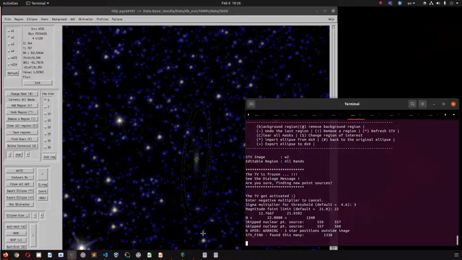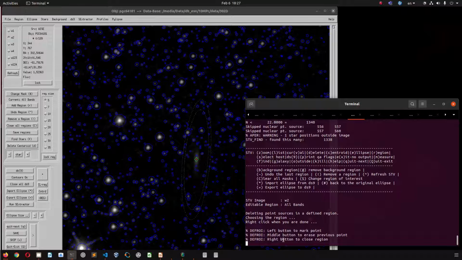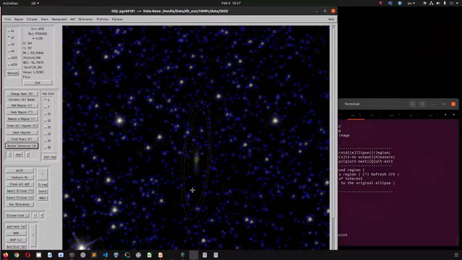If you change the limits or these variables in such a way that it finds too many sources, sometimes you don't want to mask out anything inside the aperture that you use for photometry. In order to delete those centroids, you click on this button and this is activated. It shows you the instruction in the terminal. So you left click with your mouse